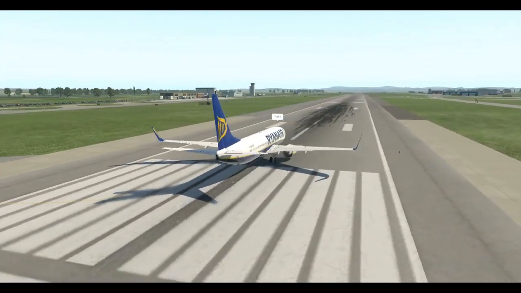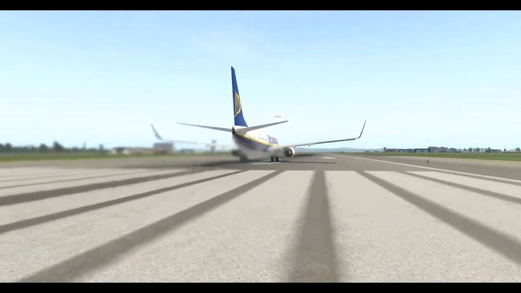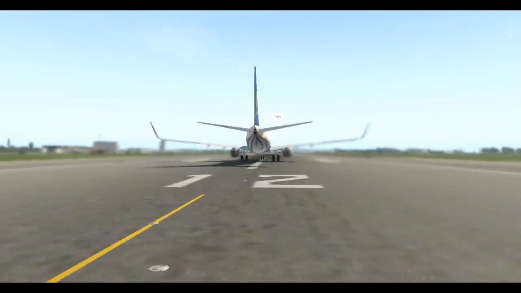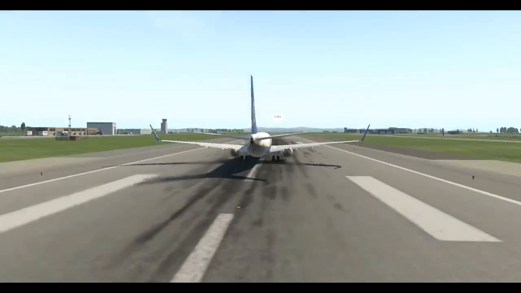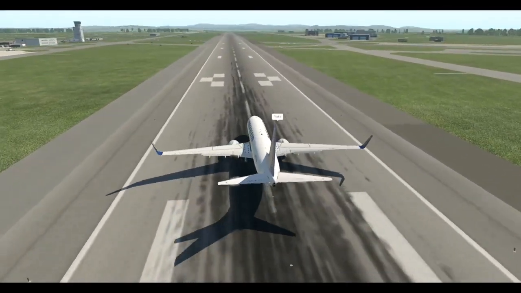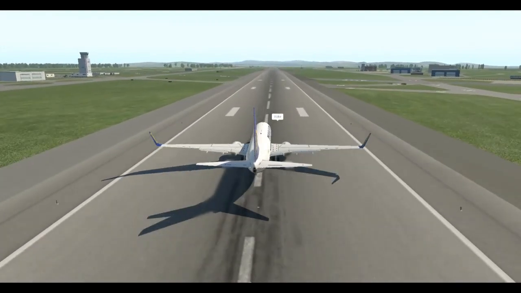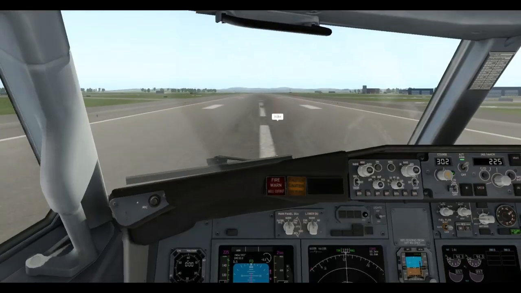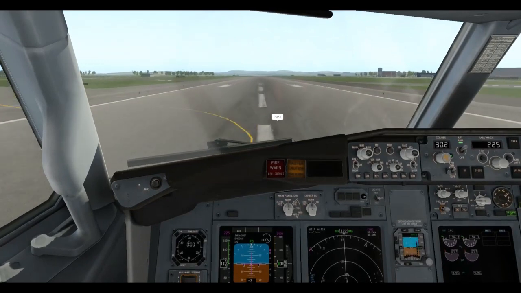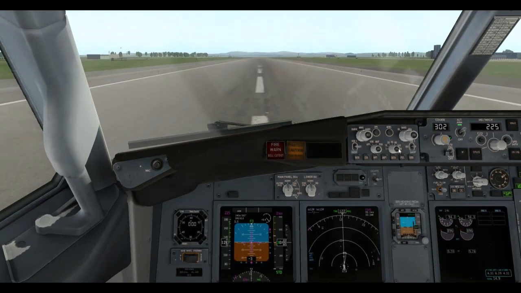and then to full. Something that I do like about X-Plane is the fuzziness of the engines, as you can see there, basically the fumes. I do also like the markings of the touchdown zone. I think they are definitely more realistic. So we'll pull up at around 140. So we'll pull up now,